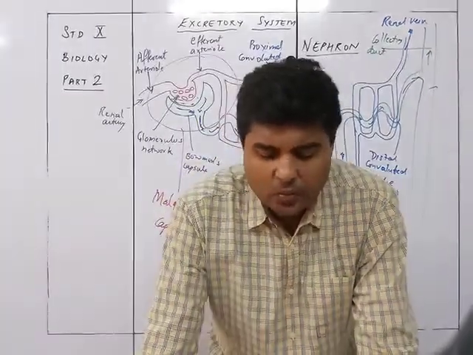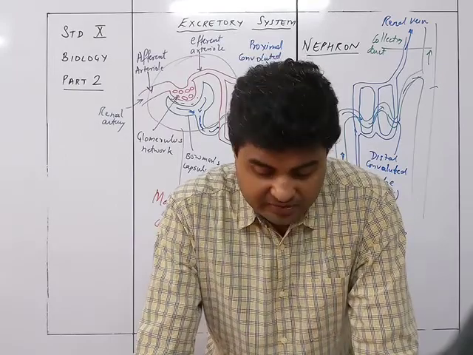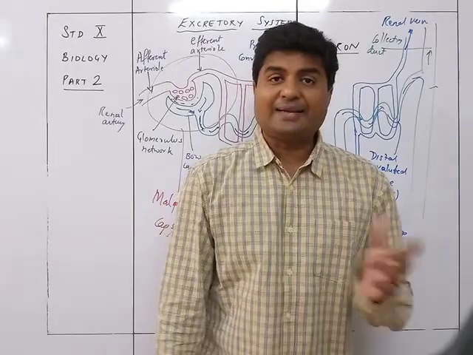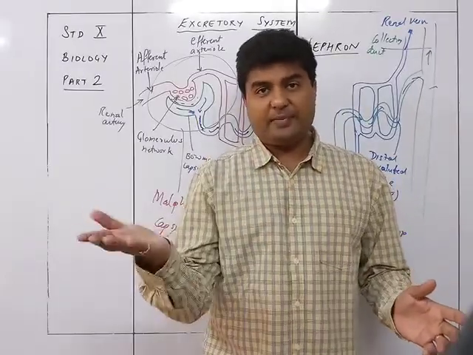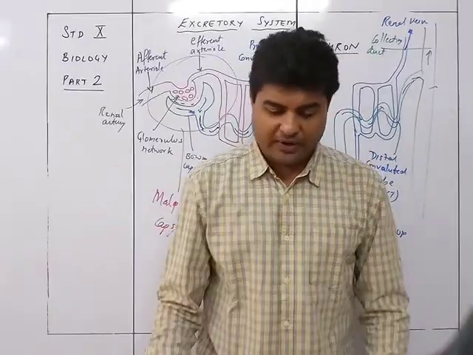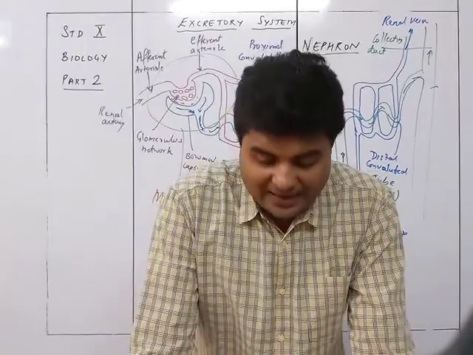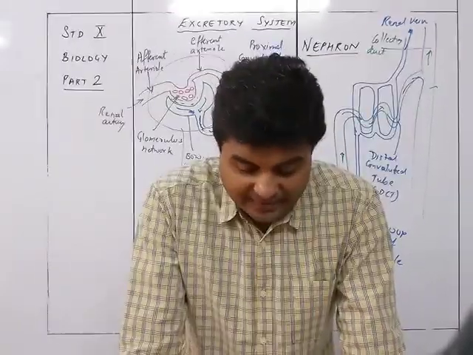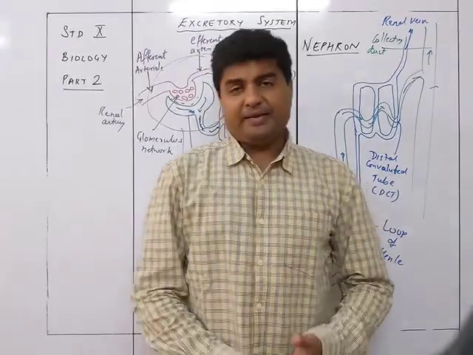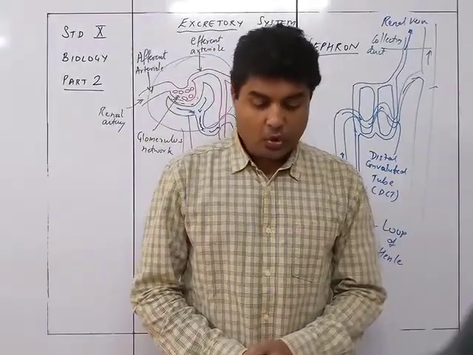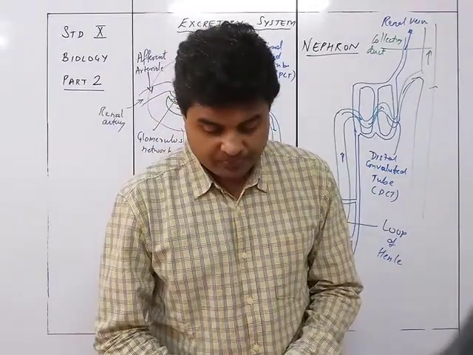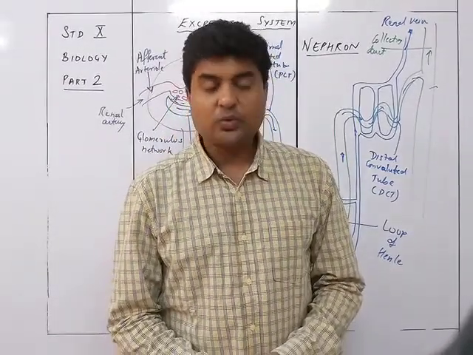Volume wise, around 1 to 1.5 liters per day, but it varies. pH value is 5 to 8, so it is slightly acidic, neutral, and slightly basic also, ranging from 5 to 8. Usually it is slightly acidic, pH value 6. A protein diet makes it acidic, while a vegetable diet makes it alkaline. Odor: on standing, the smell of urine becomes strong, ammonia-like, due to bacterial activities, otherwise a faint smell.